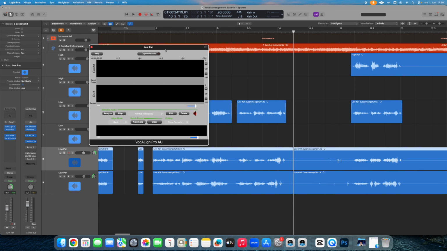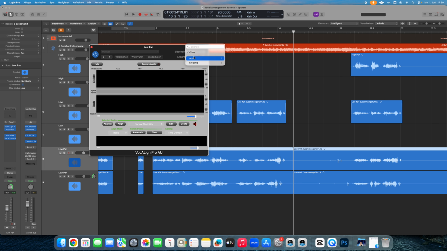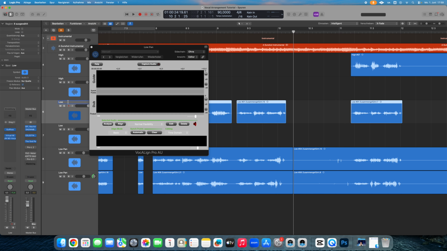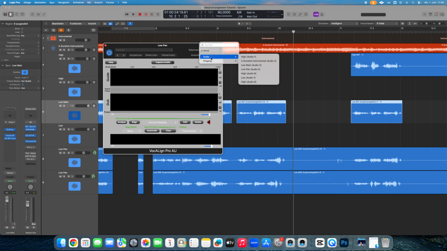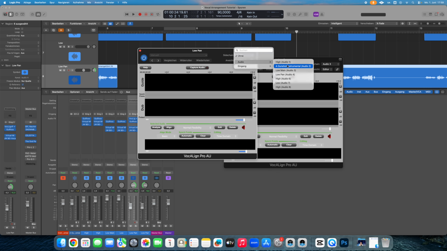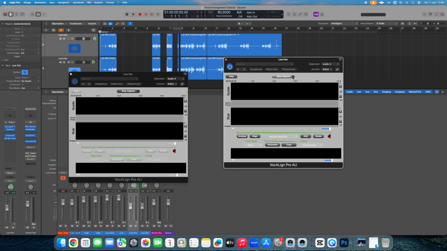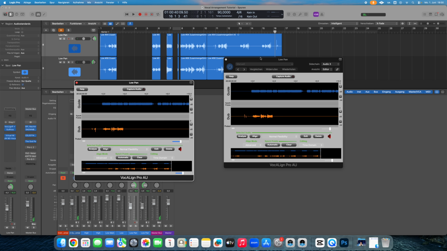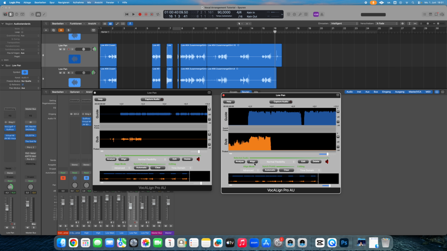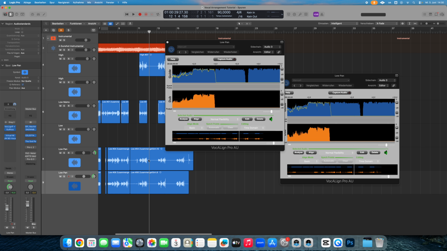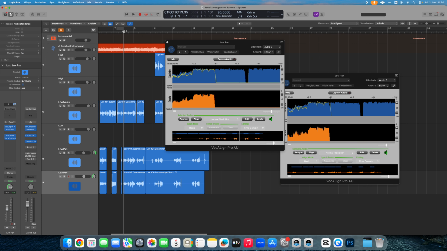And what we do now is we add the sidechain of our vocal. Let's call this vocal main, or low main, sorry. Use it as our sidechain here, low main. Then we grab Vocalign again for the second track. Also choose the low main. Click capture audio, and we let it play. So now we got the tracks here. I did that for the low pans now. So we click analyze, click align, and we click edit. And now what happened, if you listen to all the explosive consonants,